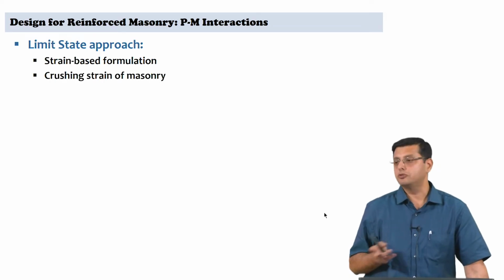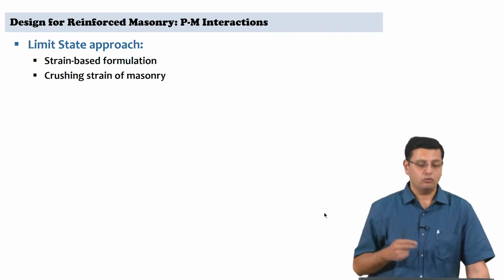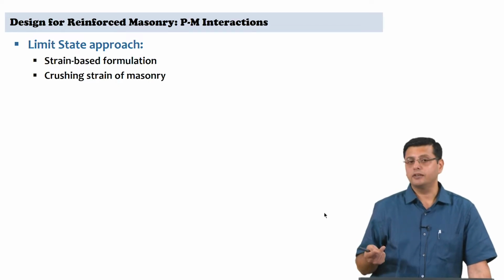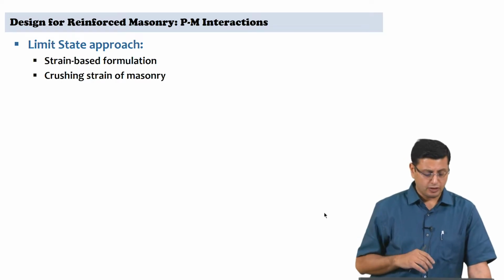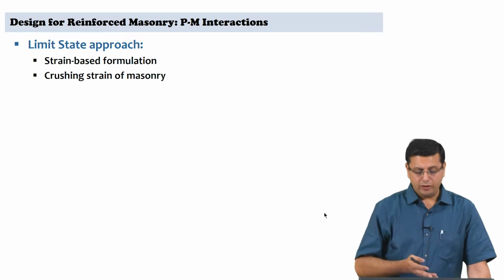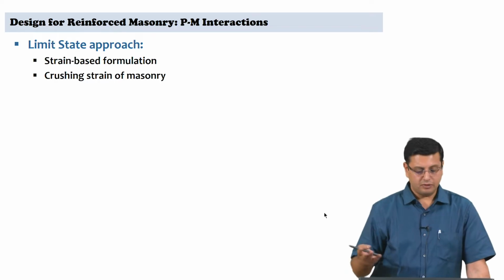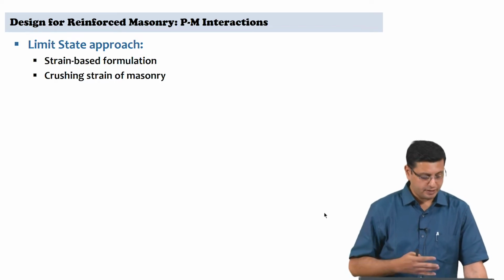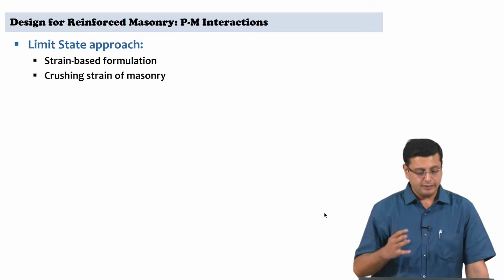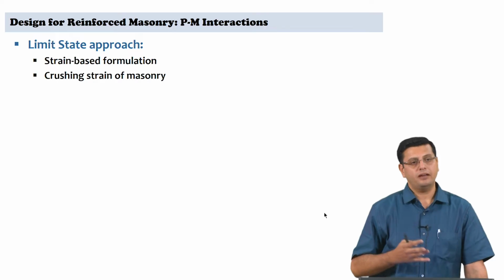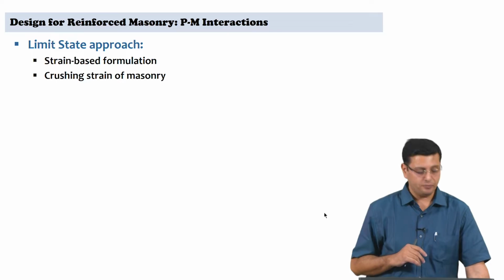Of course, you need to use an estimate of the crushing strain of masonry. Now you are familiar with crushing strains in concrete, epsilon Cu, the ultimate crushing strain of concrete, as 0.003. 0.003 is a value that is also typically used for masonry. So this is a value that is again established based on experiments that look at crushing failure under flexural compression. So the crushing strain of masonry, an assumption of 0.003 is again an acceptable assumption